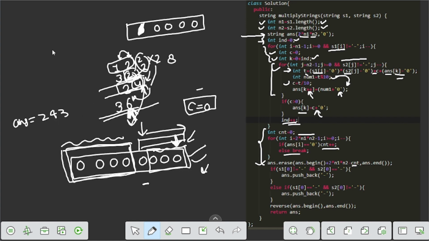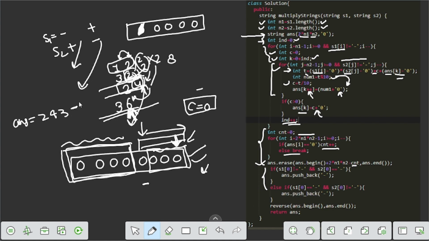So we initially know that if s1 is negative and s2 is positive, then we simply add a negative at the last. If s2 is negative and s1 is positive, we also add a negative at the last. So what we do, s1 of 0 not equals to 0 and s2 of 0, then we simply answer dot push back 0, and same for the second case.